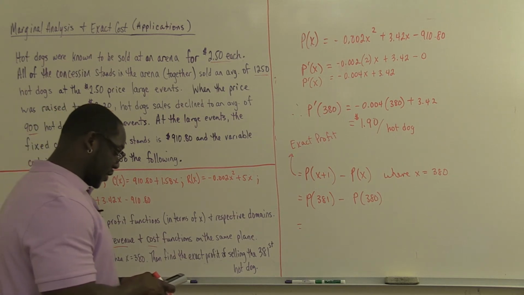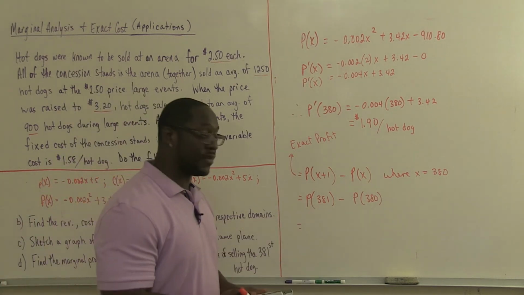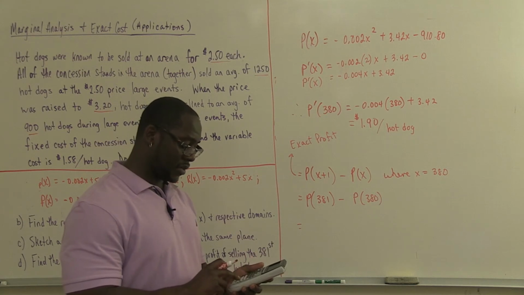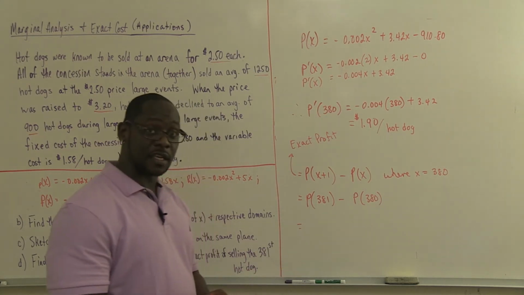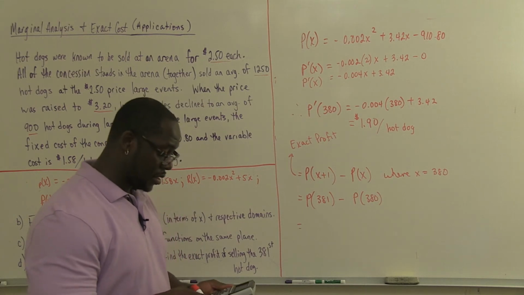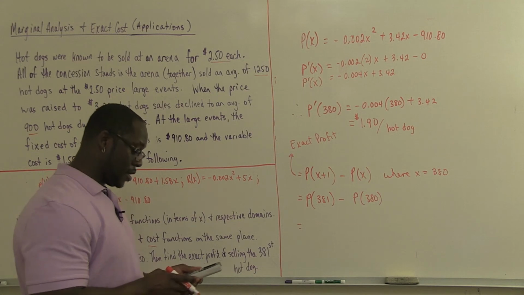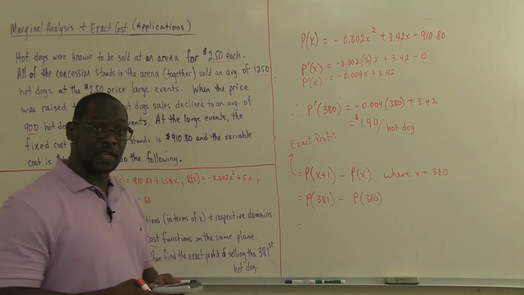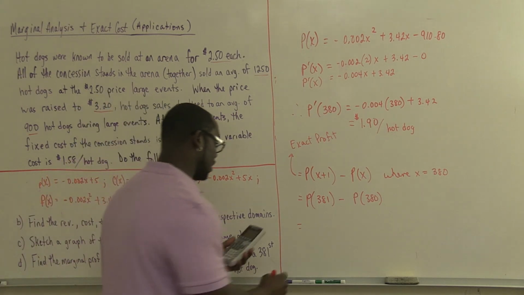After I'm done with this, I'll set my window and make sure that my window can handle these type values. So I'll set my x min to 0 and my x max to 2500. And then from there, I'll hit second, calculate, and then select number 1, meaning value. And of course, it'll do some graphing or whatnot, but I'm just waiting for the x equals. And then I plug in 381, and that gives me